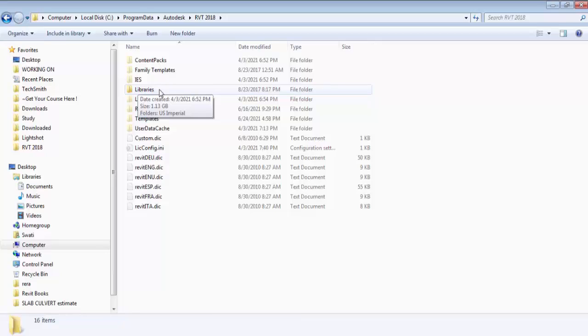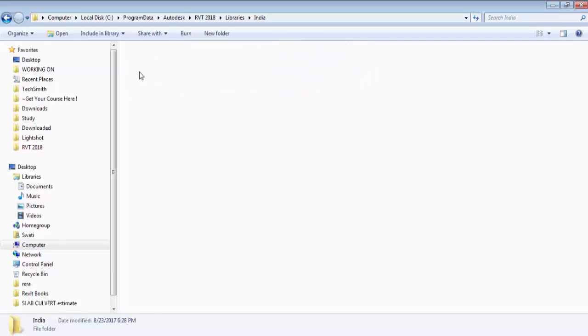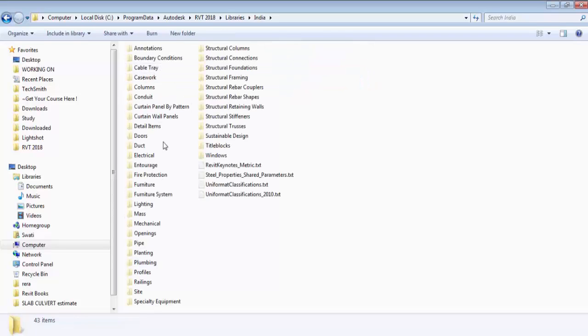In this library we will get all default families. This is the template, and this library contains all default families. You can see here this is Indian. So these are the default families.